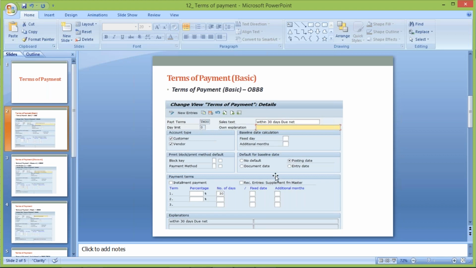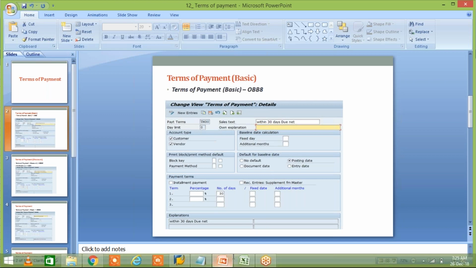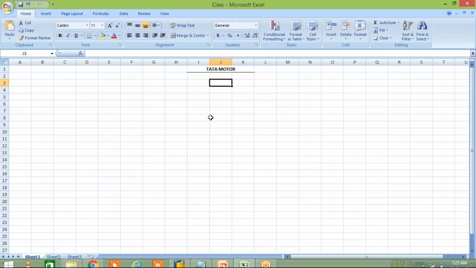because it is going to be used in real time also. So what is the use of day limit? In the previous session, I covered fixed days terms of payment. In fixed days terms of payment, guys, let's suppose you have a vendor and that vendor says, do one thing, whichever invoices the vendor is sending,